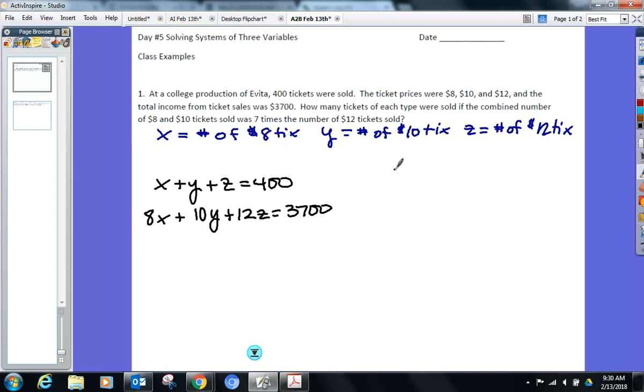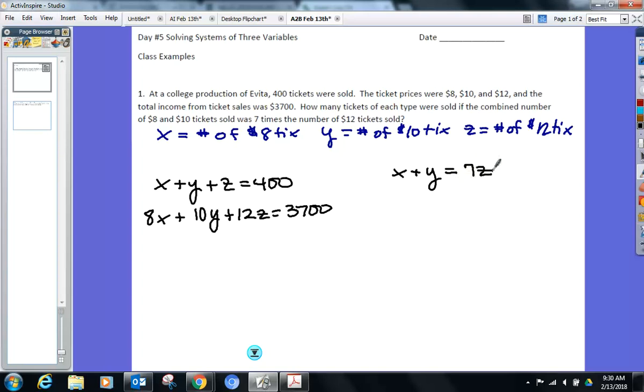So the combined number, X plus Y, the combined number of $8 and $10 tickets was 7 times the number of $12 tickets sold. That X plus Y is going to equal 7 times the $12 tickets, which we represented as Z. So X plus Y equals